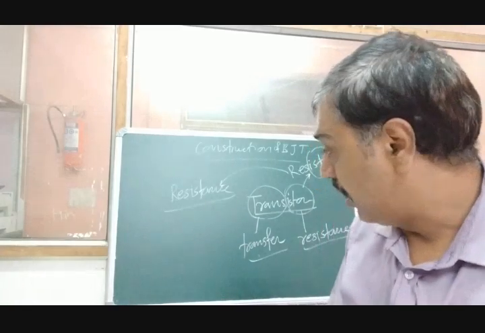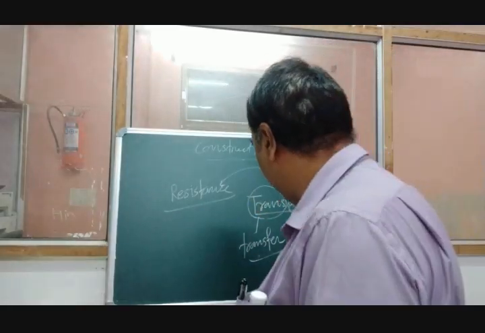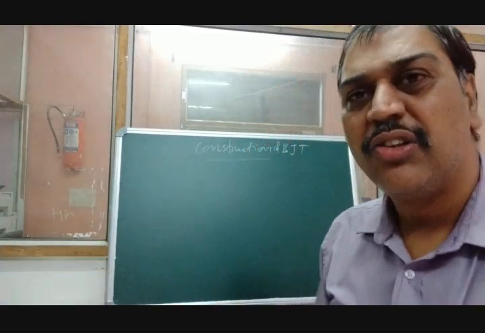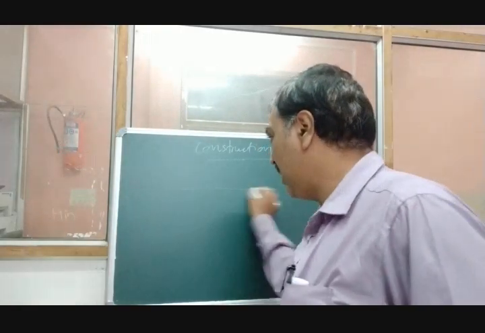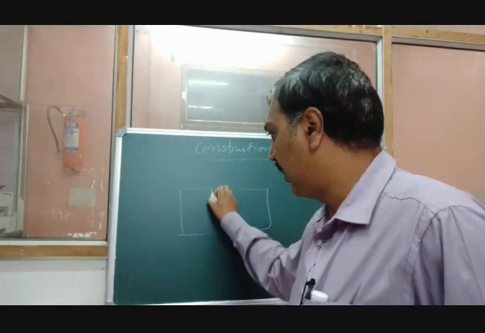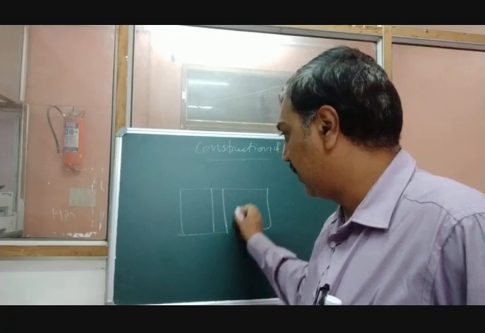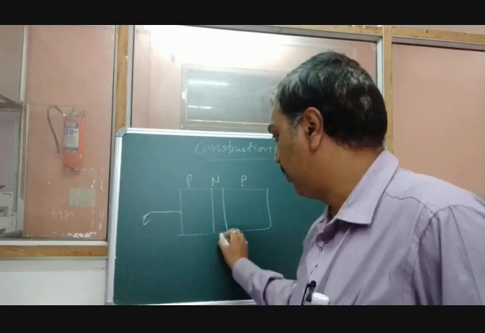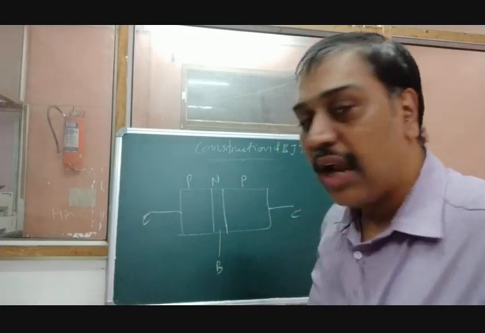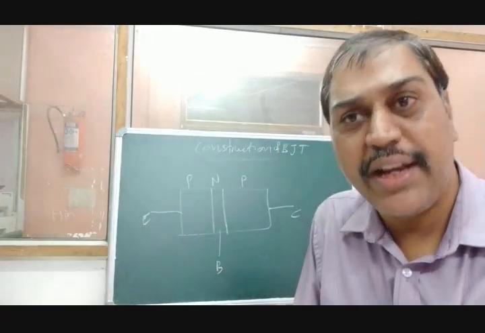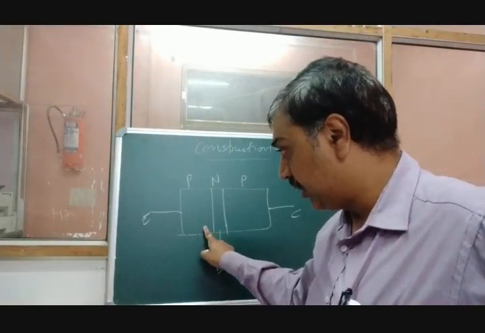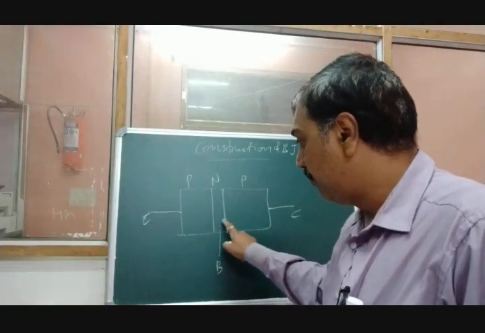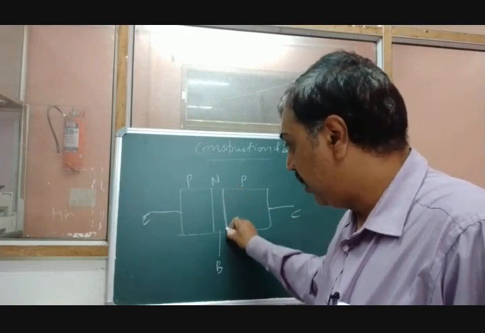Now remember, in the case of a transistor, we have seen the two different regions, the collector base junction and the emitter base junction. So remember, for better, efficient working of a transistor, this is an emitter, this is a base, and this is a collector. So this is P and P suppose. Now for efficient working of a transistor, this input PN junction, the emitter base PN junction, must be forward biased, and the collector base junction must be reverse biased.